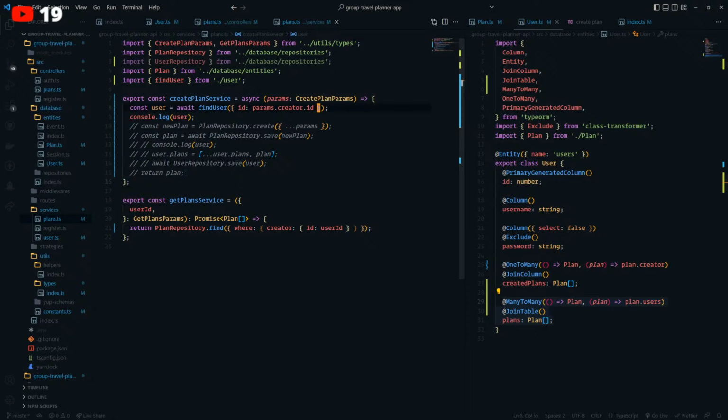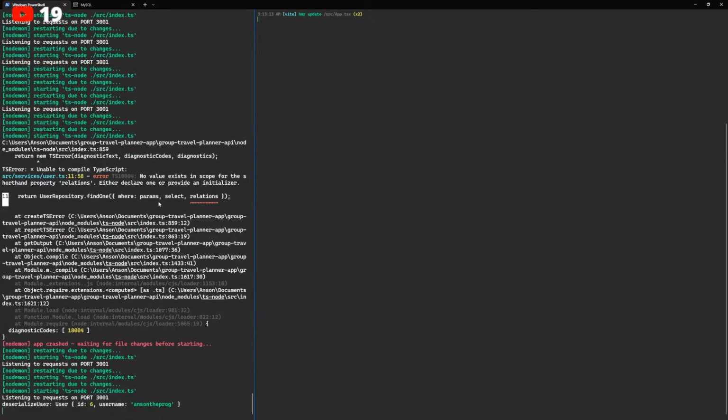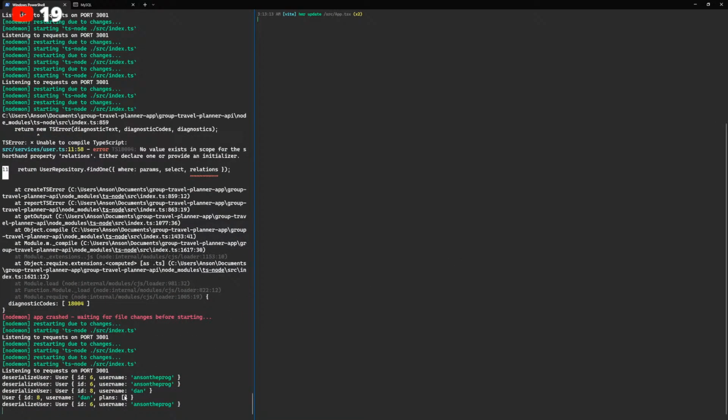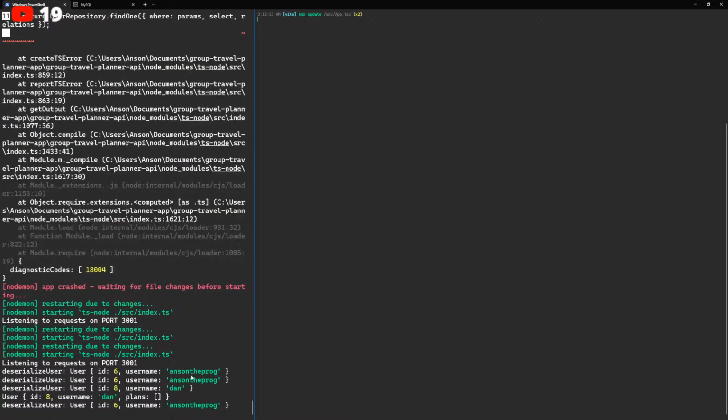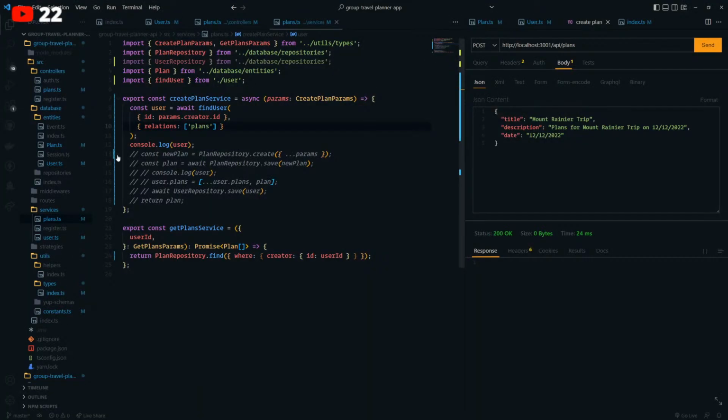For the options, we'll pass in for the relations we need plans. So now plans should be iterable. If I try to search, it should just be an empty array. Okay, there we go. Perfect. You can see that plans is an empty array, so the rest of our logic should be fine.